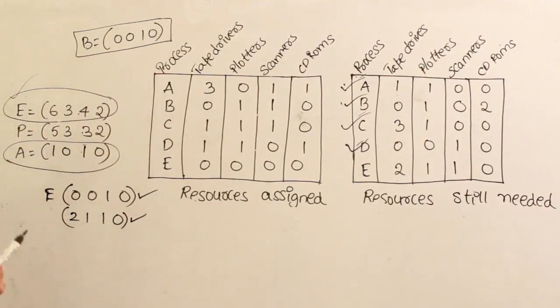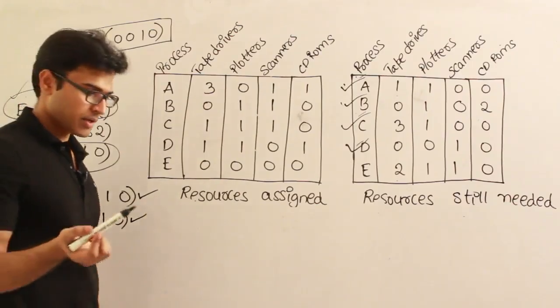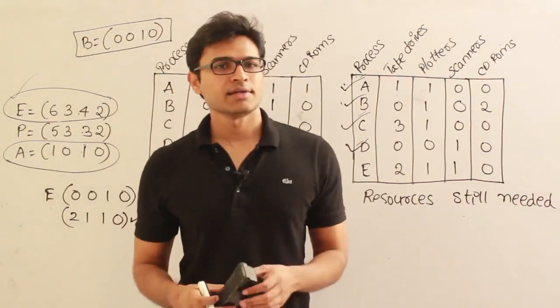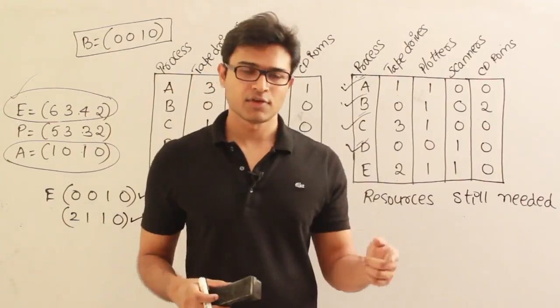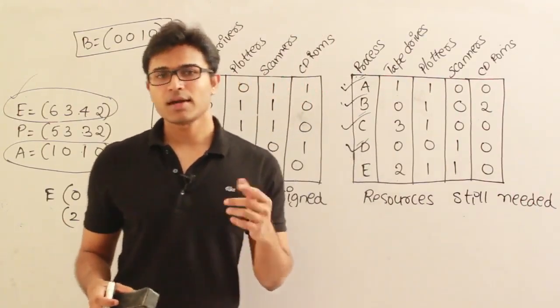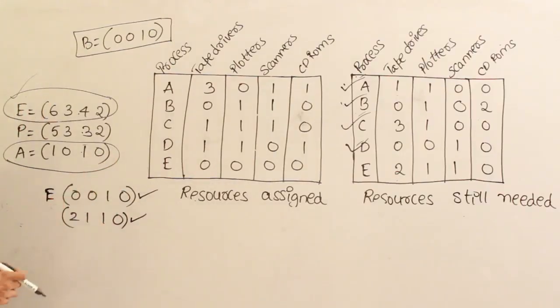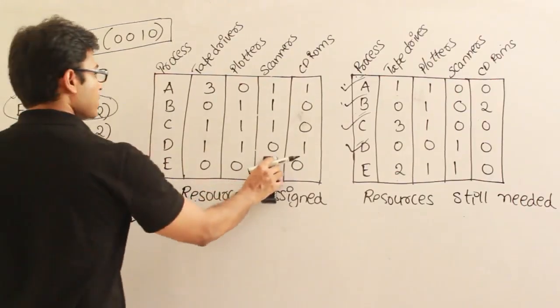Now what happens if I try to assign it? I don't know whether to assign it or not. So what I do as the operating system is act as if I assigned it, and then analyze whether the resulting state is safe. In case the resulting state is safe, I'll assign it, otherwise I don't, right? Now assume that I am going to assign it. Then what do I get here? 0 0 1 0,